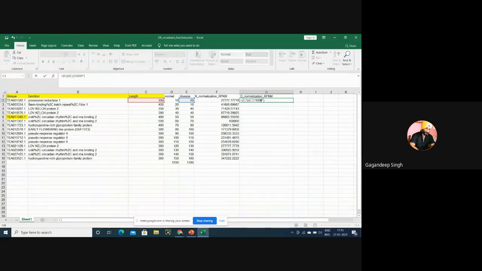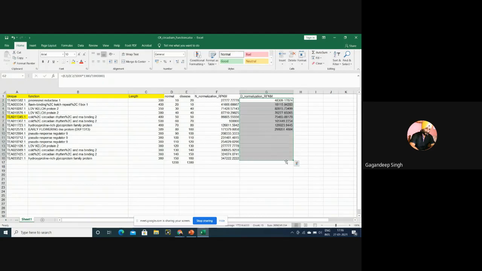How many? 1380. 1380 divided by. This is the normalized reads for disease conditions.